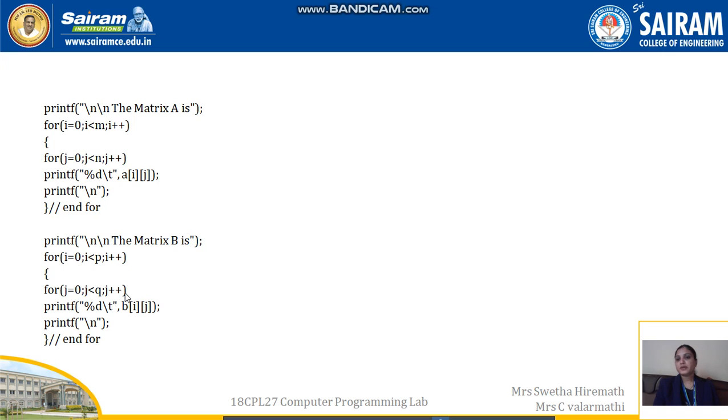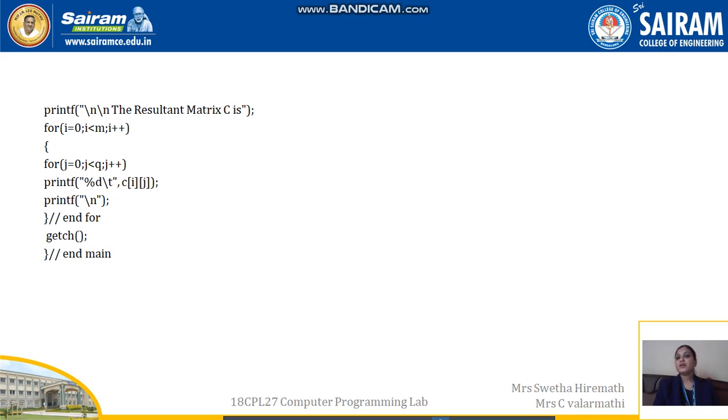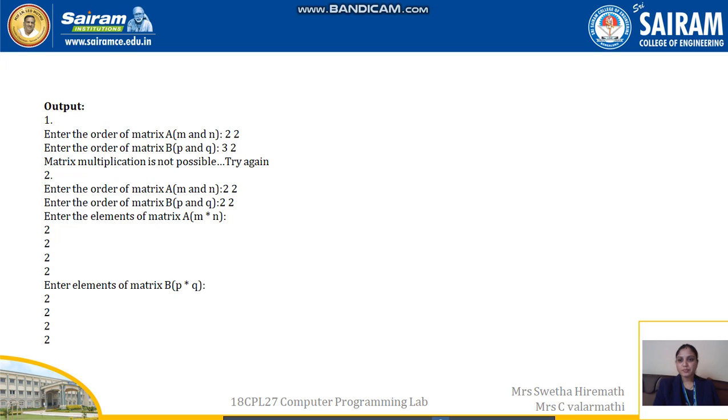Similarly, we are also going to print the matrix B. Then once we have printed matrix A and matrix B, we have to print the resultant matrix C. For the resultant matrix, we will be considering the rows of the first matrix and the columns of the second matrix. So here we'll be taking it as %d\t C of ij, printf \n, and this is how we are going to get the resultant matrix. This one I can explain with the help of the sample output.